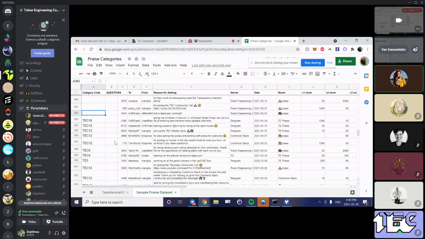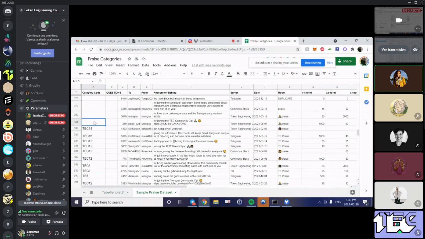Okay, so I just found one as an example of technical infrastructure if anybody wants. There was a praise bot being deployed. So I'm giving that technical infrastructure because it's not necessarily Common Swarm, it's just tech, a bot.